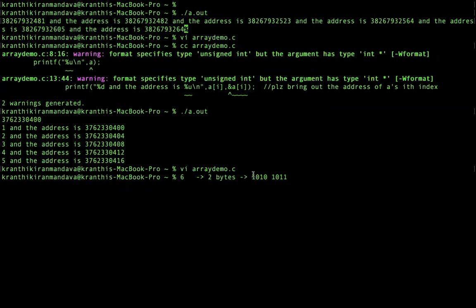So 6 is occupying 2 bytes with 2 addresses. But if somebody asks you what is the address of 6, what address will you give? Is it 1011 or 1010? Yes, it is 1010. The other one is not at all important because it's already attached to it.